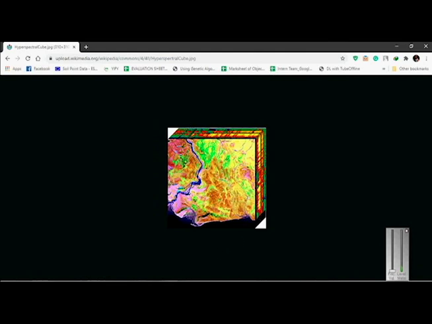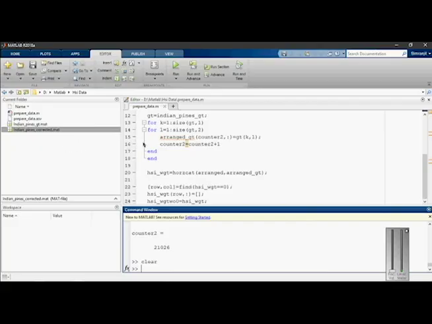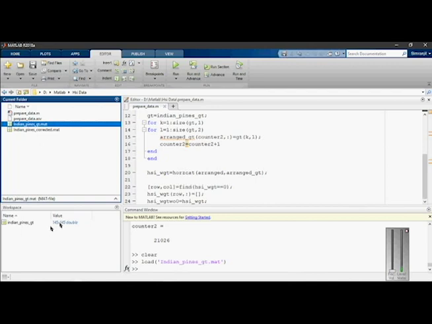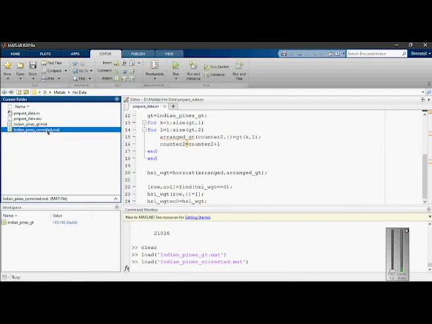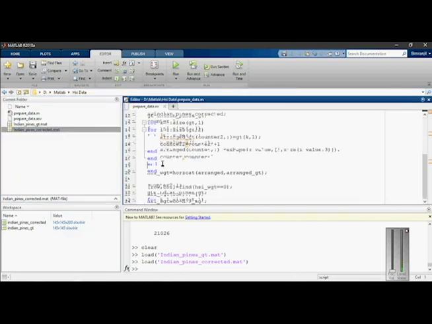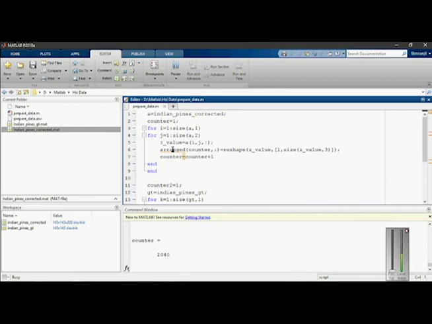In this I have written a simple program that is able to do this. This is the Indian Pines ground truth data set, which contains 145 by 145, and this is the Indian Pines corrected data set, which contains 145 by 145 by 200 data points. If I run it, I will show you that I have just taken this Indian Pines, and simply